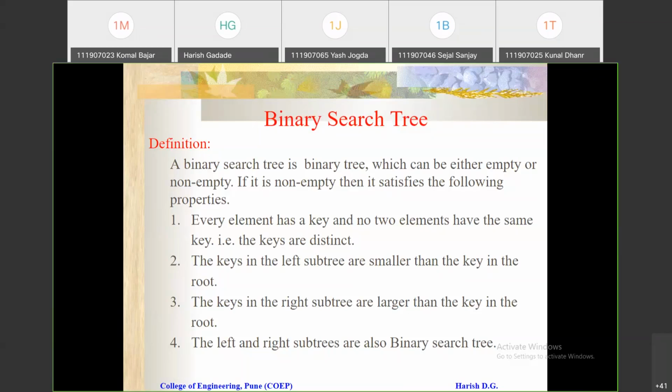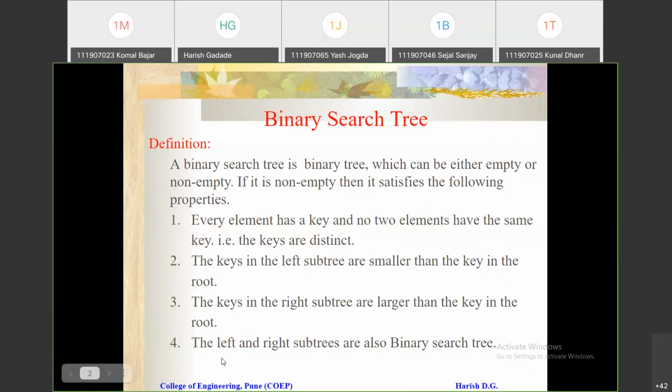Whatever root element you are considering, the left subtree will have smaller elements in its nodes than the root. And the next property is that the keys in the right subtree are larger than the key in the root. Whatever the right subtree is, it will have larger or greater elements than the root.